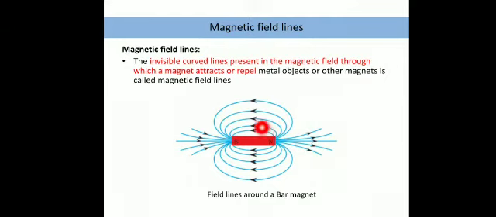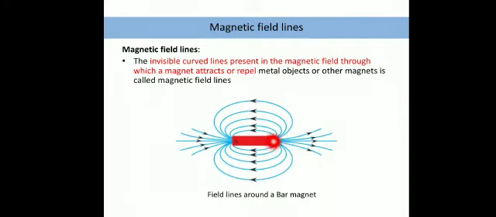But away from the pole, close to the boundary of the magnetic field, or outside the magnetic field, there is no magnetic field line. Magnetic field lines only extend up to a certain distance around the magnet in all directions, which we call the magnetic field. So inside the magnetic field, such invisible lines of a magnet are present.